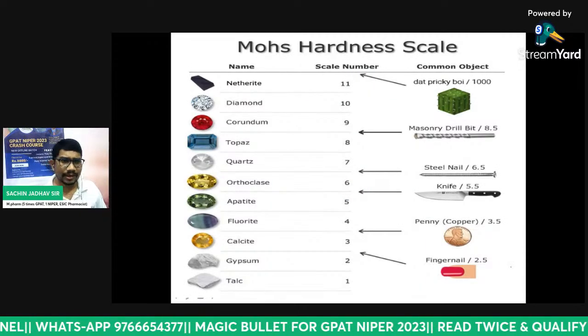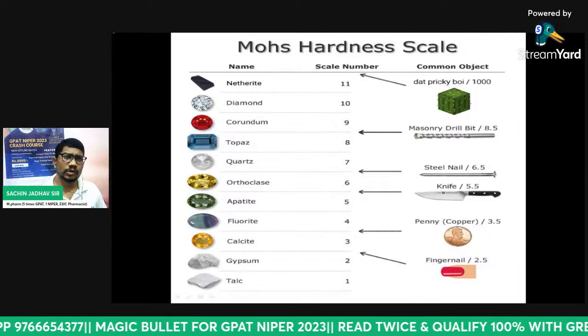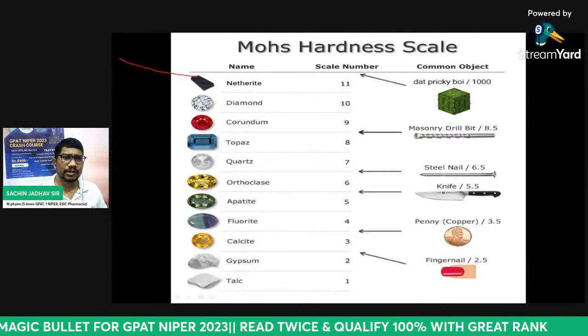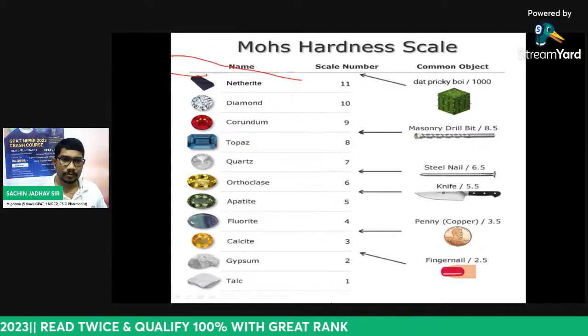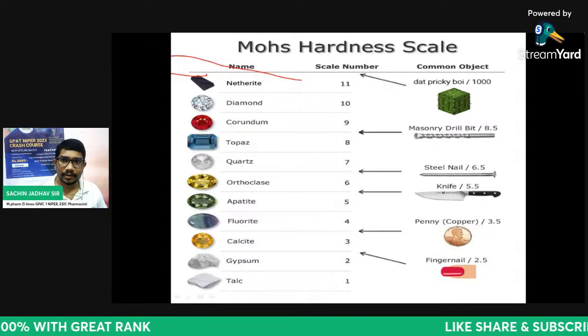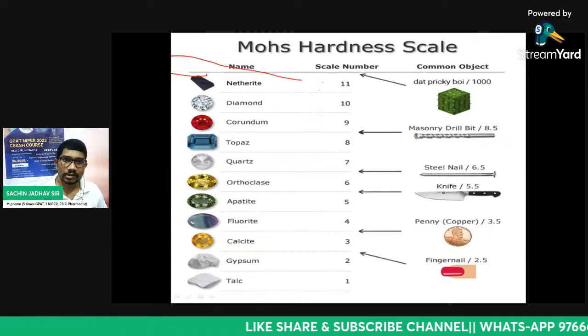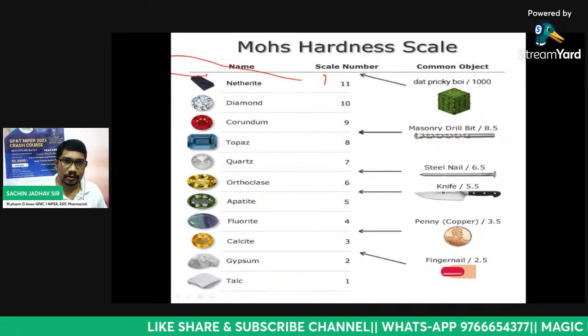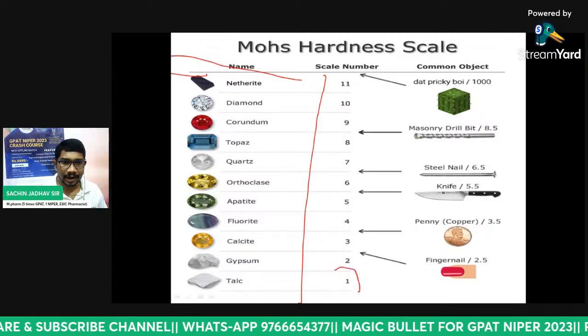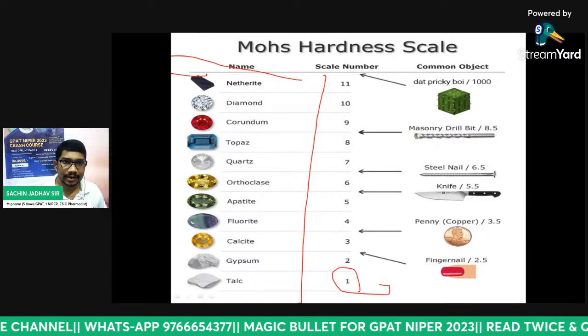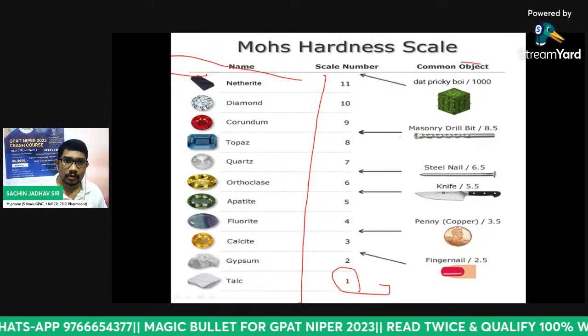So you can see over here, it is known as the Mohs scale, Mohs hardness scale. So on that scale, you can see it is a scale. यहाँ पे एक scale है. So you can see यहाँ पे एक numbering दिया है. Okay. So materials are assigned a hardness number from 1 up to 10. Okay, for example.